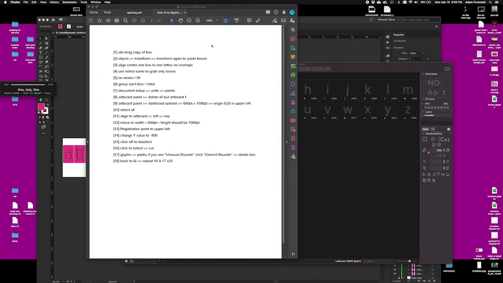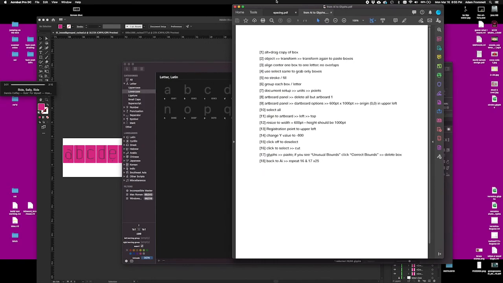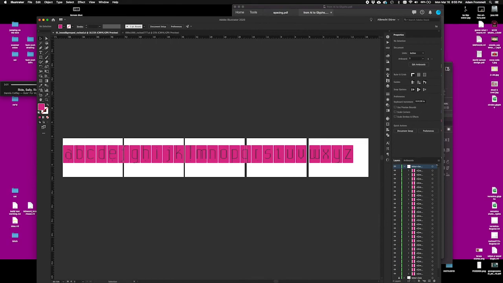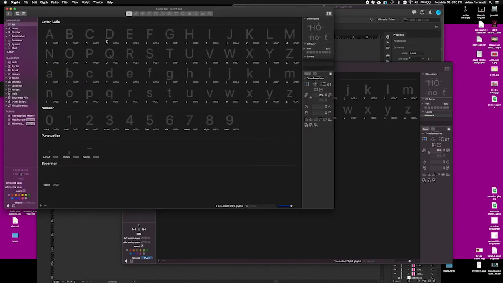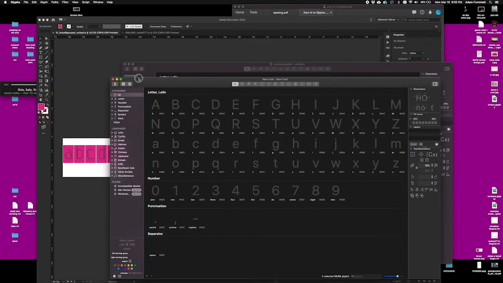So let's get going. You will find in the modules there is this list of instructions. This is almost exactly what I am going to do here in this video very quickly. It's called From AI to Glyphs. Again, all this stuff will be populated in the modules. So first off, I'm going to assume that you have Glyphs open and you have your letter build file open in Illustrator. In Glyphs, what you want to do is go to File, New, and then immediately when this opens,